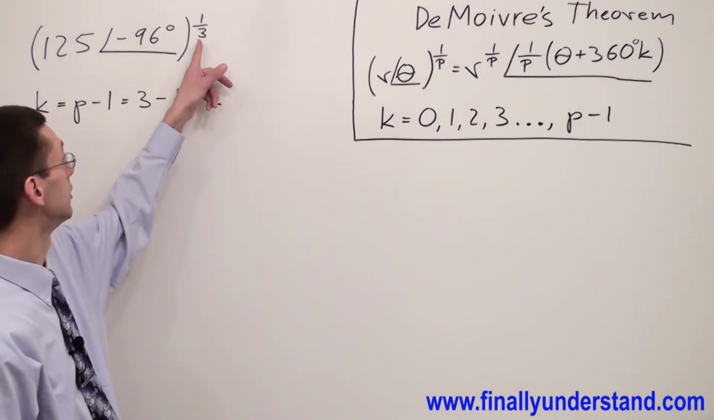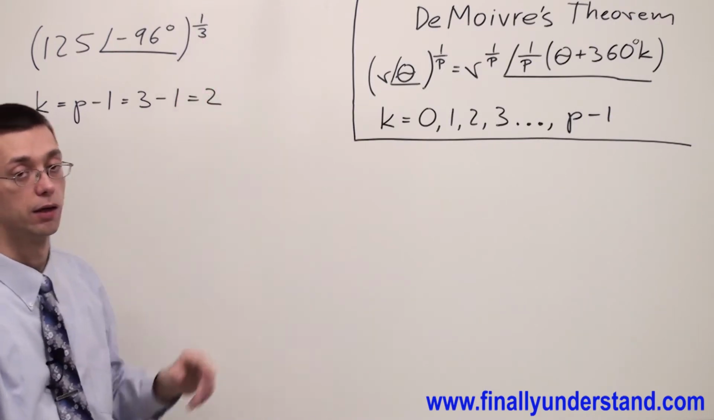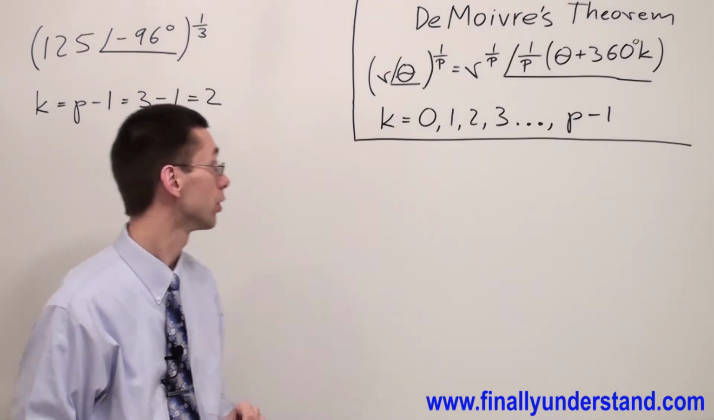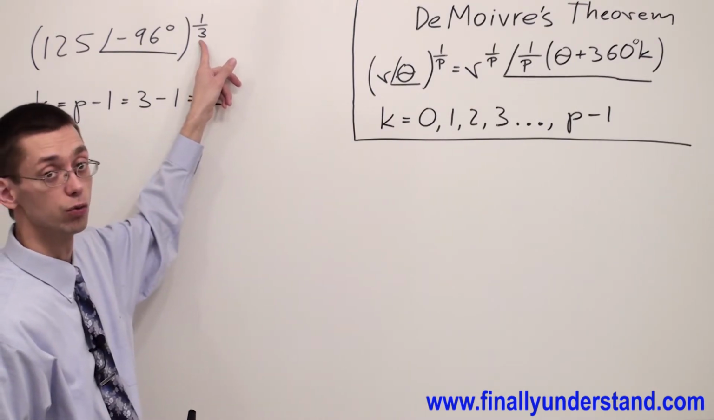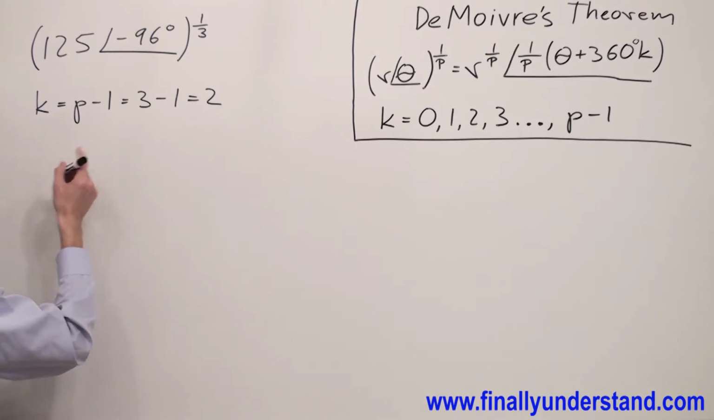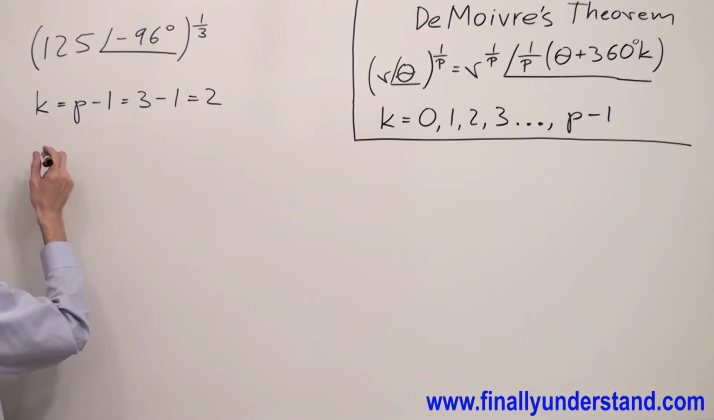Keep in mind that the denominator of my fractional exponent is telling me how many roots I'm going to have. I'm going to have 3 roots. So I'm supposed to apply the following theorem. Okay, so I have